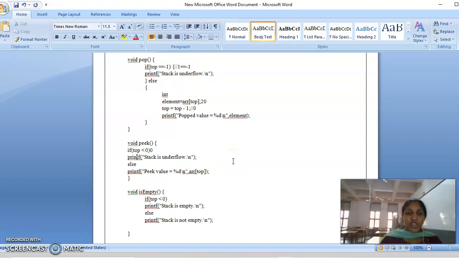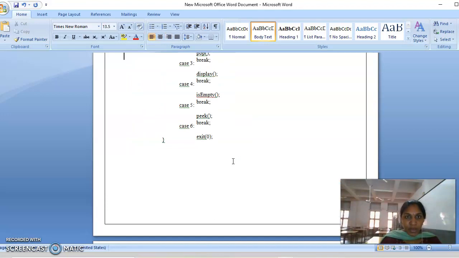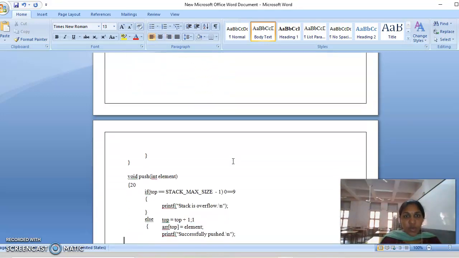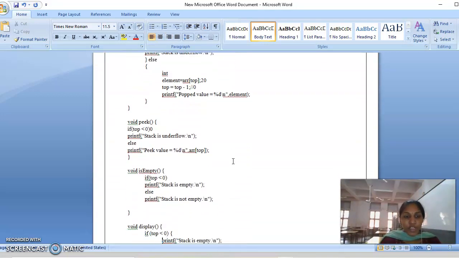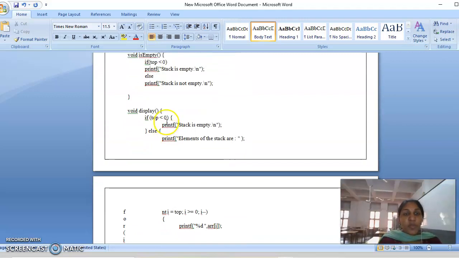After that I can choose display function. That is case 3. The cursor comes to function definition of display here. So here top less than 0. What is the top value now? 0. 0 less than 0, condition false. The cursor comes to else part. Here printf stack elements of the stack are